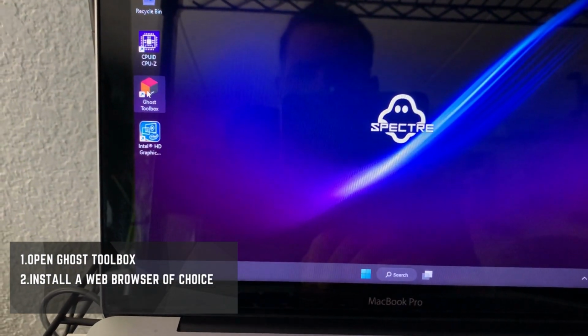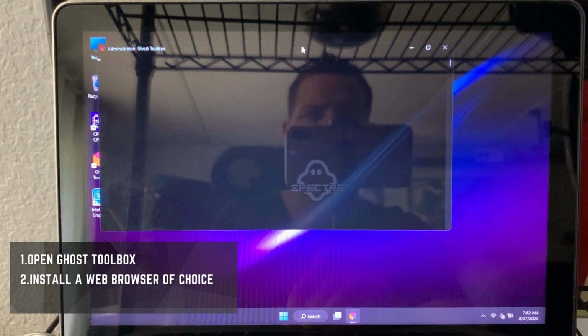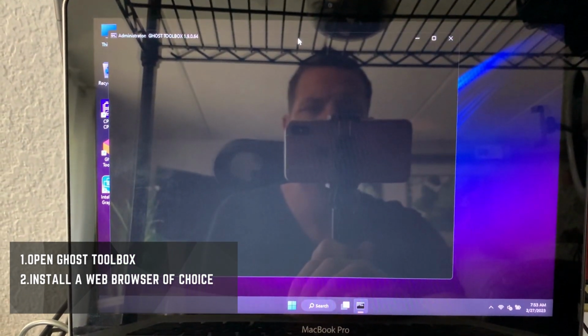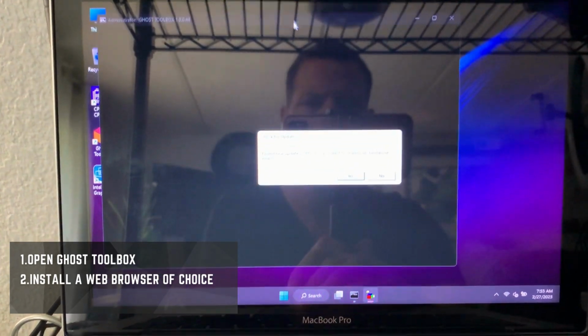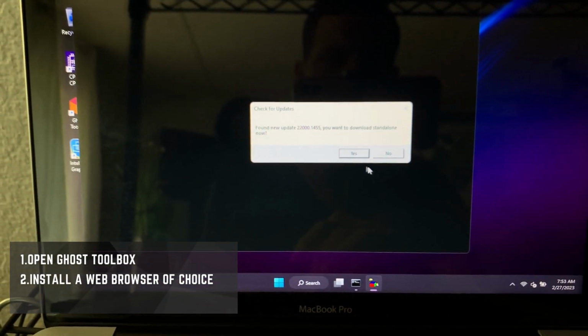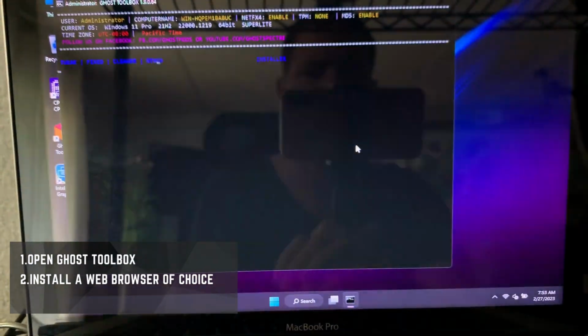So now we can go ahead and open this Ghost Toolbox. Again, you need an internet connection to get this thing kicked off. I guess just because it checks for updates. I wasn't able to get the updates installed. So yeah, this is gonna pop up. It says a new update for this Ghost Toolbox, but you click yes and it actually errors out. So I know there's a link